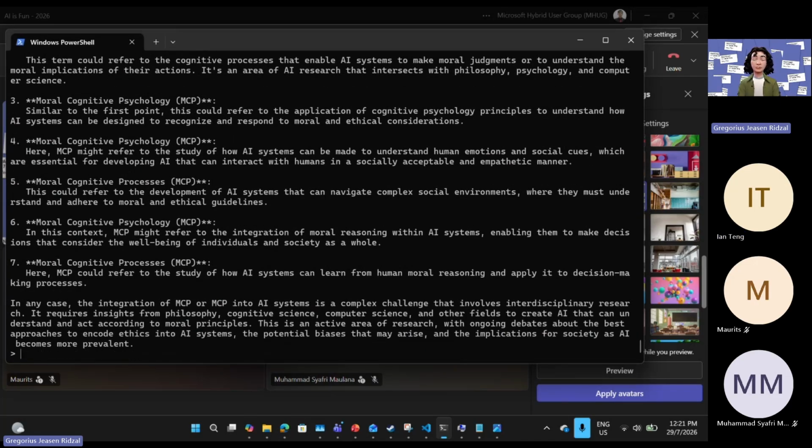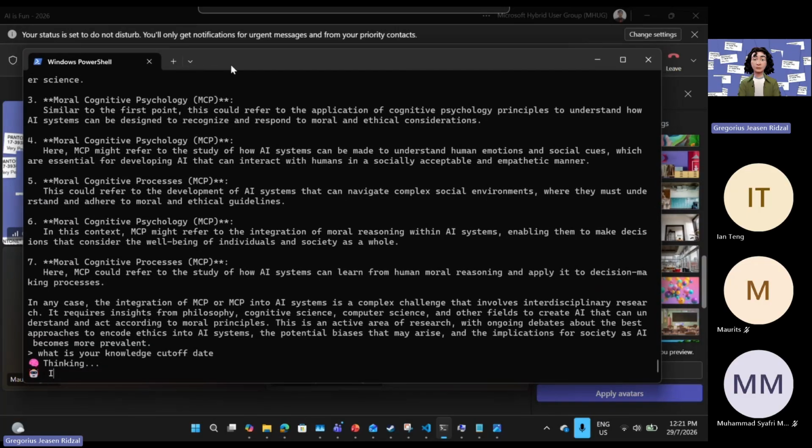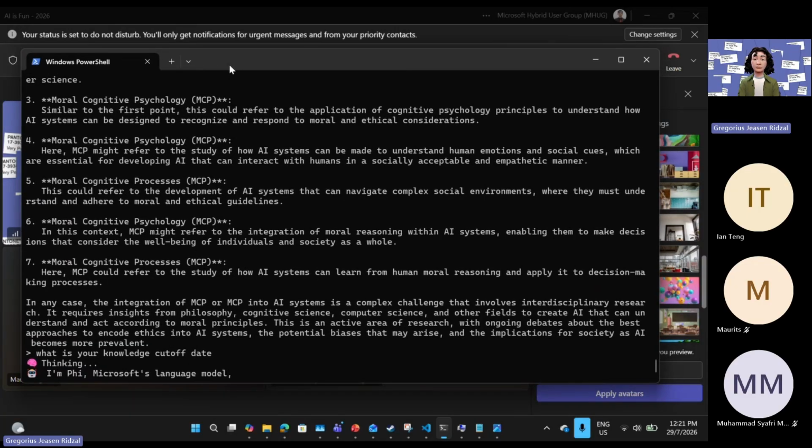So for example, if I ask what is your knowledge cutoff date? I don't know if it's the case for this model, but the Qwen model just refuses to tell me. Let's see. But yeah, this is the magic, which is not very magical.